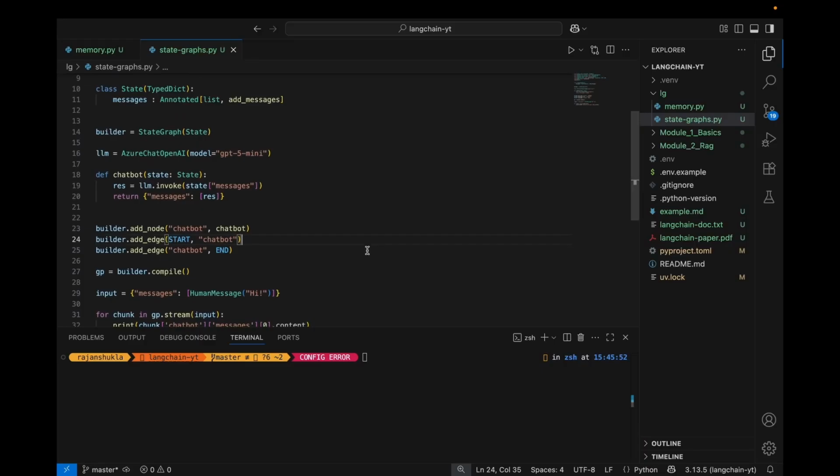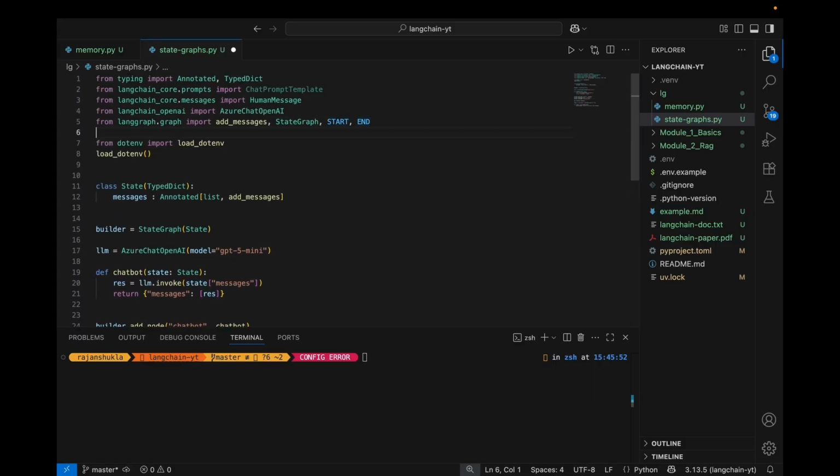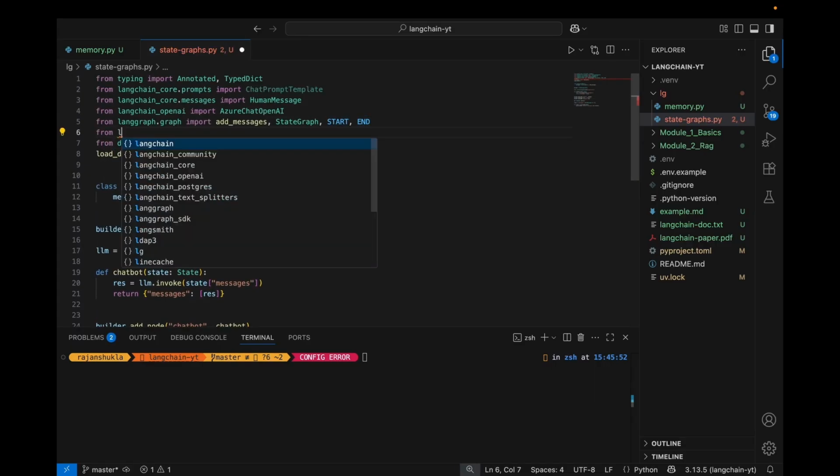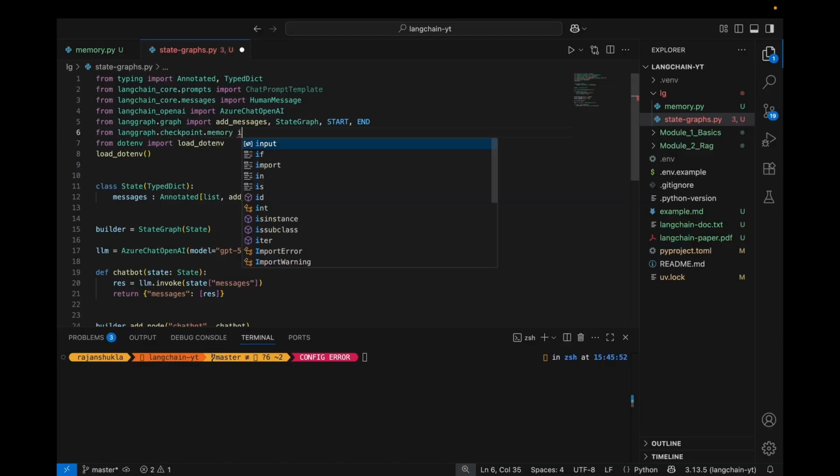Till this point, we just learned how to make a graph. Now let's learn how to make a persistent memory. Doing that is actually very easy. The one way that I'll teach you is very easy. You just need to import in the same code langgraph.checkpoint.memory. Let's import MemorySaver,